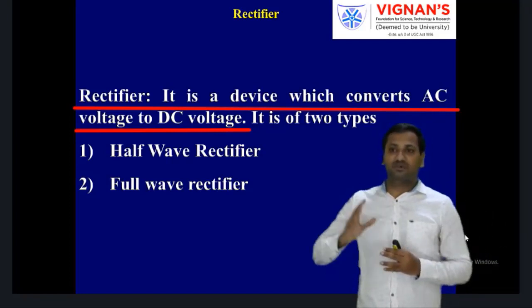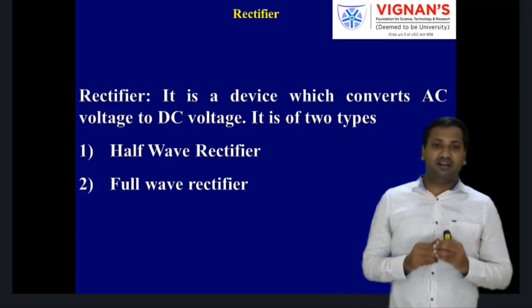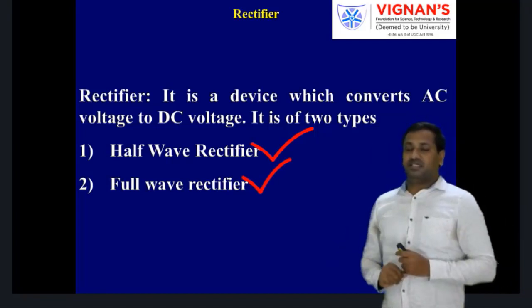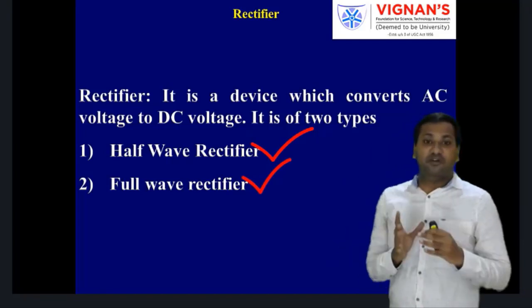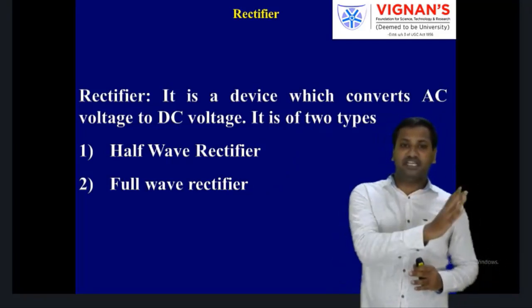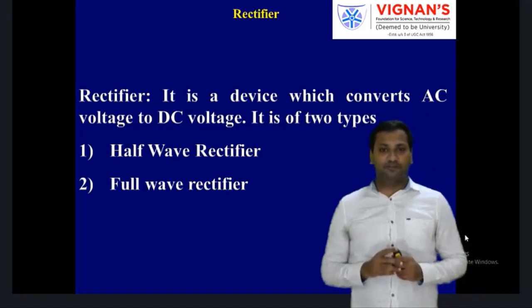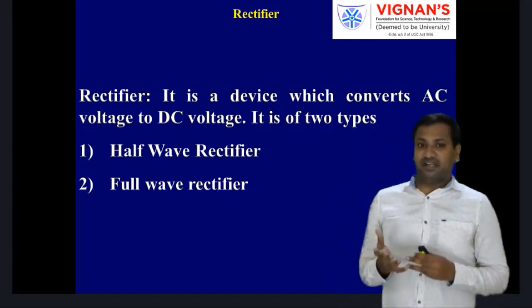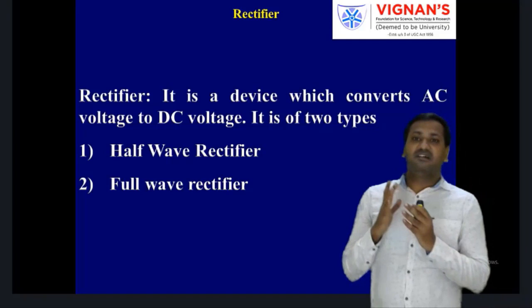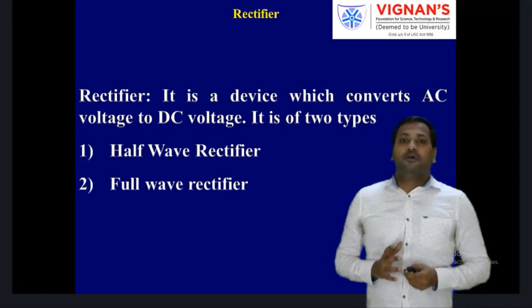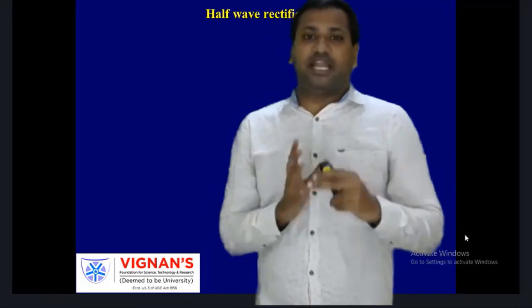It is divided into two types. They are the half wave rectifier and the full wave rectifier. Is it clear? Half wave rectifier and full wave rectifier. This classification depends only on the number of cycles it will rectify of the given input waveform. Okay. First we will go to the half wave rectifier and its circuit diagram, its working, and finally the efficiency calculation. Is it clear? So first we will identify and understand the circuit diagram of the rectifier.